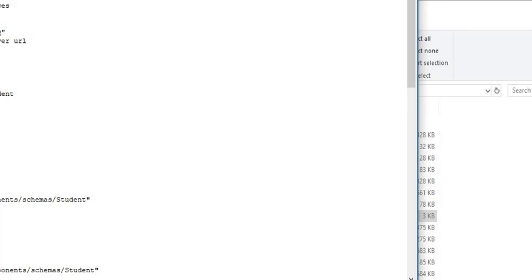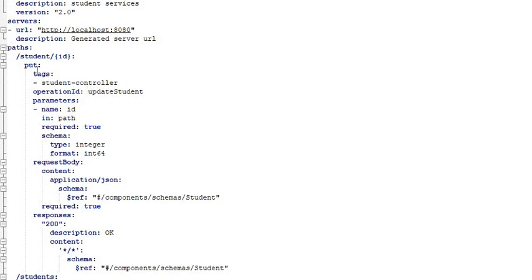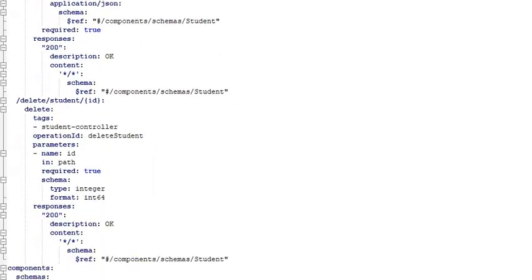And here you can see the documentation. That is the documentation generated by the OpenAPI specification. That is the title and description and version, and the 4 APIs that we have defined in our REST controller. Student ID, that is put type request, and the parameters name, ID, and like this get API, post API, and delete API.